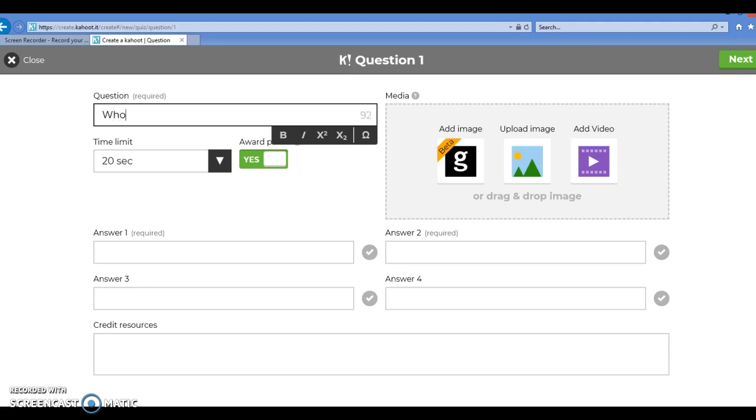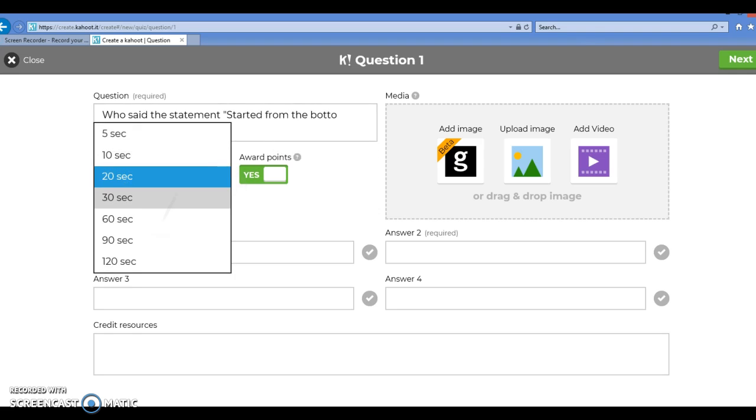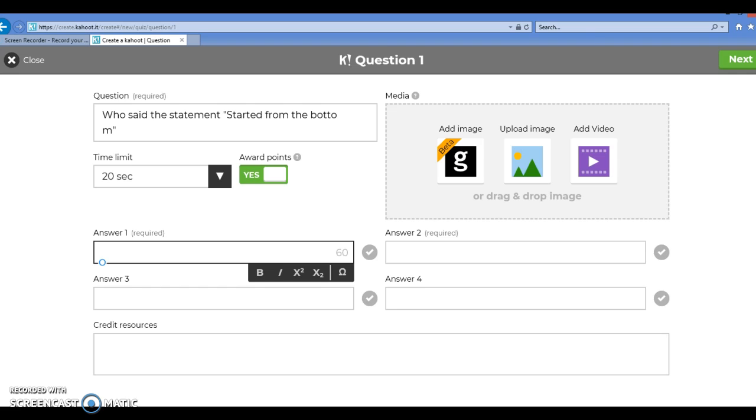Who said the statement, started from the bottom. And there's a time limit, and you see all these options. I'll put 20 seconds for this one, and right here I'll make it multiple choice, so I could write